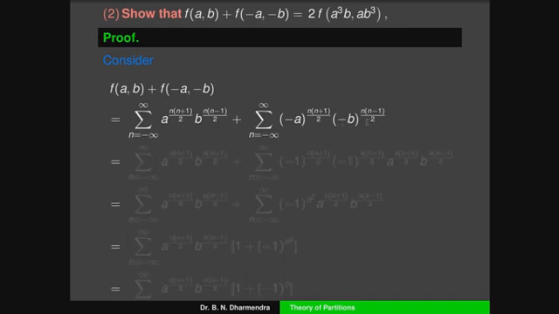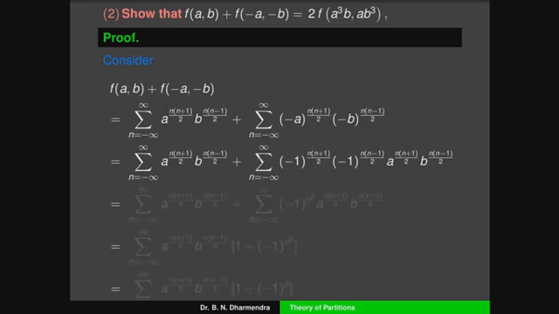The next step, we can split the terms: here minus 1 to the power of n into n plus 1 by 2 into a to the power of n into n plus 1 by 2. Here also we have to split into two parts, minus 1 to the power of n into n minus 1 by 2 into b to the power of n into n minus 1 by 2. That is equal to the terms: the first one is unaltered, summation n running from minus infinity to plus infinity a to the power of n into n plus 1 by 2 into b to the power of n into n minus 1 by 2, plus summation